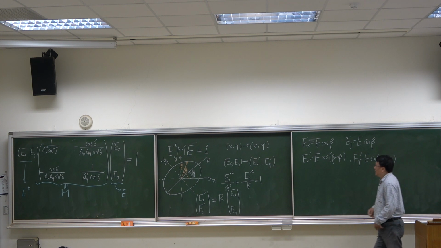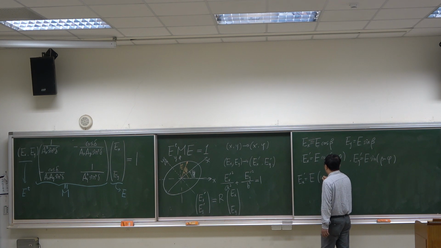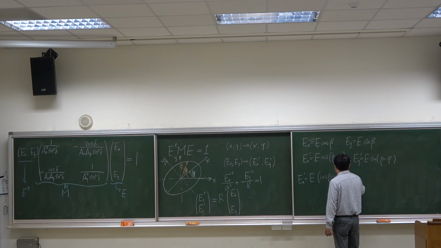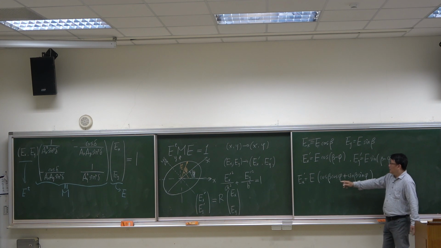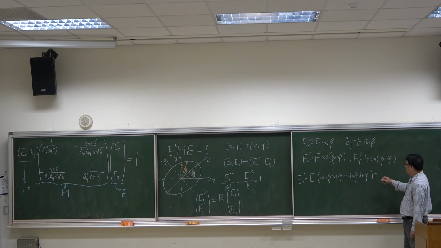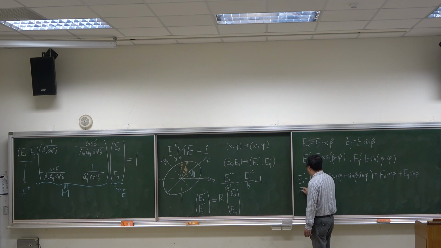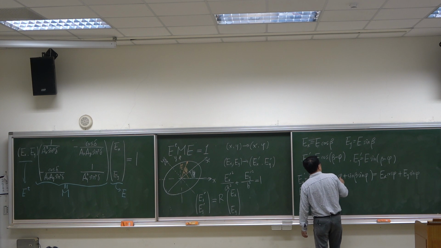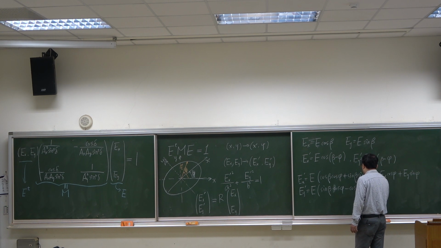Okay. So now we can expand the cosine and the sine. We find that Ex prime is E times cosine beta cosine phi plus sine beta sine phi. And E cosine beta is just Ex, and E sine beta is Ey. Similarly, Ey prime is E times sine beta cosine phi minus cosine beta sine phi,